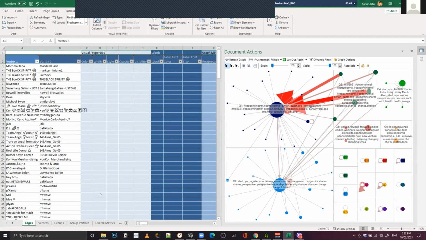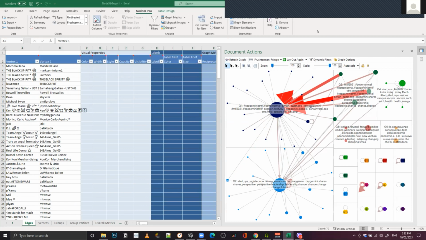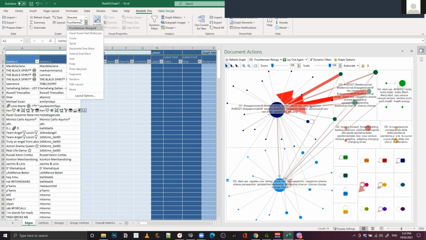But again, there's some stuff that will not be present. It will not be able to do yung top URLs, top hashtags, most mentioned to, most replied to. Kasi parang iba na yung format of the data. I'm sure we can get it to work, but I haven't really figured it out yet. And then you have to make sure lagi na naka-directed setting. Kasi otherwise hindi mag-work yung ibang calculations.